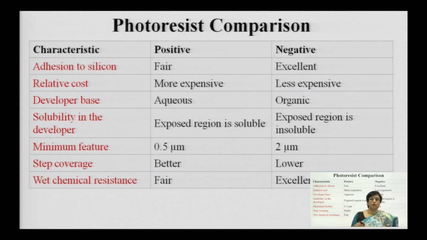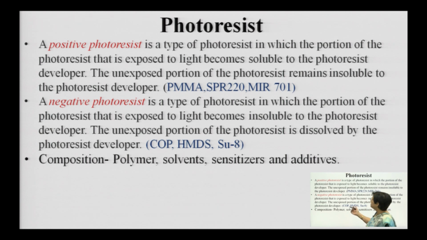The crosslinks become strong when you are exposing to the light. So, naturally the portion which is not exposed to the light will become weak and will get dissolved in the developer solution. So, positive will create the same replica, negative will create the complement of the mask, and many times when you are creating the complement you do not get that good resolution, you are not able to create the replica, and that is why mostly you go for the positive photoresist, but in some cases both positive as well as negative have been used. So, this is what we have studied.